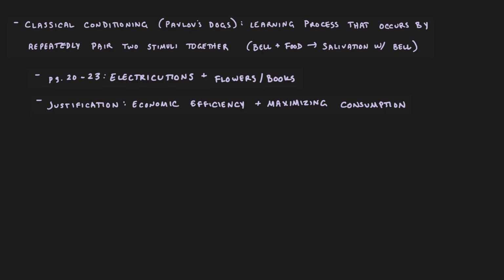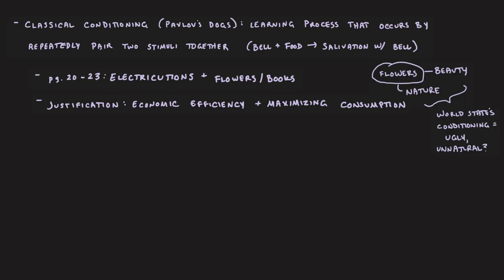Moreover, I think the choice of a flower is really clever on Huxley's part. Think of the figurative associations of flowers. What ideas or connotations do flowers have? Obviously, they're a symbol of beauty and also a symbol of nature. And so if you think a little bit critically about what's going on here, flowers are a symbol of beauty and nature. If we take the opposite of that, because the world state is conditioning them to not like flowers,